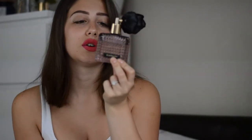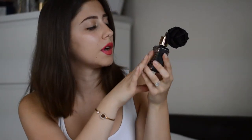The fourth perfume I've got is my most recent perfume. It was also a gift from my other half, and it is the Victoria's Secret Scandalous. It's a gorgeous bottle. It's got this sort of spiky detailing, a nice gold lid with the old-fashioned pump which you clip up like that, so you can see at the bottom there, that's done up, that's open, and then